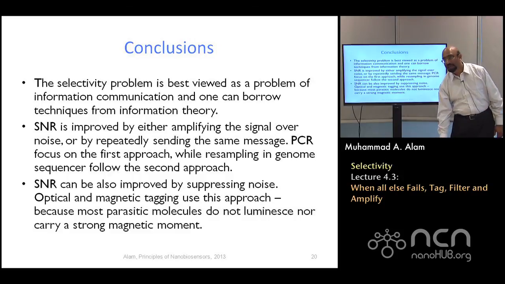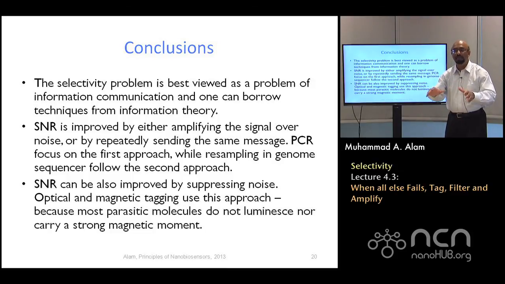And finally, in order to improve the signal to noise ratio, you can suppress the noise. How do you do that? Attach a magnetic nanoparticle. The magnetic nanoparticle will essentially allow only the target molecules to induce a signal. All other proteins floating around don't have any magnetic nanoparticle attached to them. Therefore, their presence will not be registered by the sensor underneath, right? So these are not potentiometric sensors. These are magnetic field-based sensors. In that case, signal to noise ratio can improve a great deal.